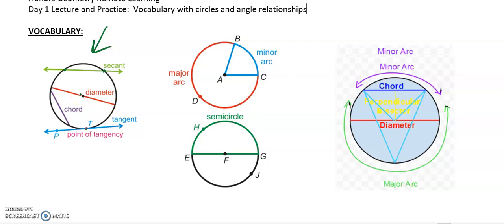And a minor arc versus a major arc. A minor arc has to be less than 180 degrees. A major arc has to be greater than 180 degrees. And if it's equal to 180 degrees, that's what we call a semicircle. This is probably not shocking information. Now, a minor arc versus a major arc, when we're naming them, this